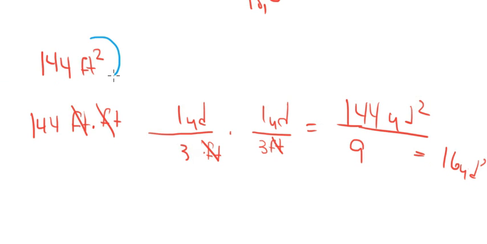When you have this feet squared thing in the beginning of the problem, just break it down like this. So you have a feet and a feet. That gives you squared feet. And when you have to convert that to yards, you just do it twice. You have 3 feet is equal to 1 yard. That gets rid of the 1 foot. But we still have 1 more foot to get rid of. So we have to have 3 feet to a yard to get rid of that 1 foot. And then we're left with yard, which is yards squared. And we just do our multiplication and our division. Okay, not so bad, right?